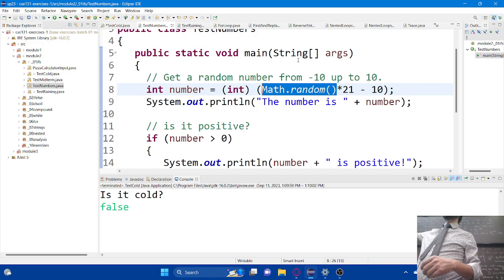Yes? When it says upper minus lower, would you have to add 1 to that? I think you're right. Yeah, you would have to add 1 to that. That actually matches up with this value here too. So this is a great little formula to know. In fact, it's not entirely outside the realm of possibility that you'll be asked to generate random numbers on an exam coming up, for example.